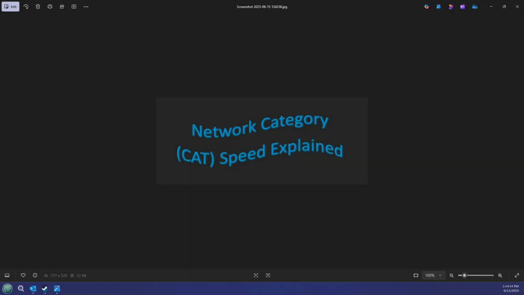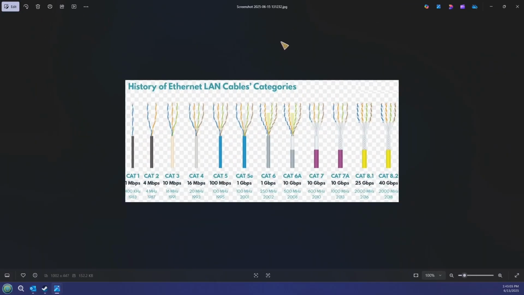Folks, I'm going to be here today to explain network category, or Cat, speed. A lot of YouTube videos I've seen don't really go in depth on this and explain how this helps with file transfers, internet speed overall, gaming, and so on and so forth. So here we go. First off, we're going to share with you, not really the history here, but it kind